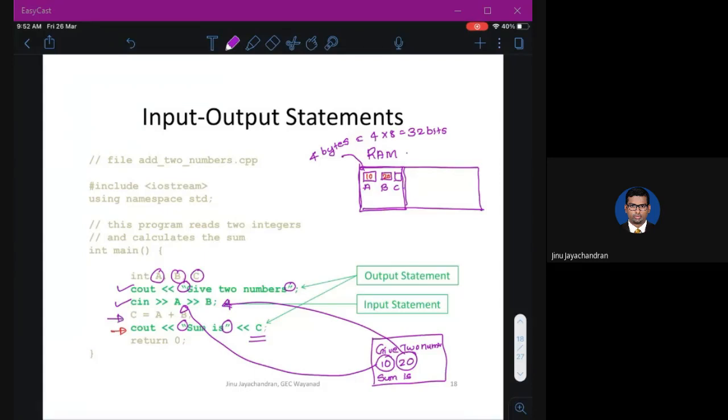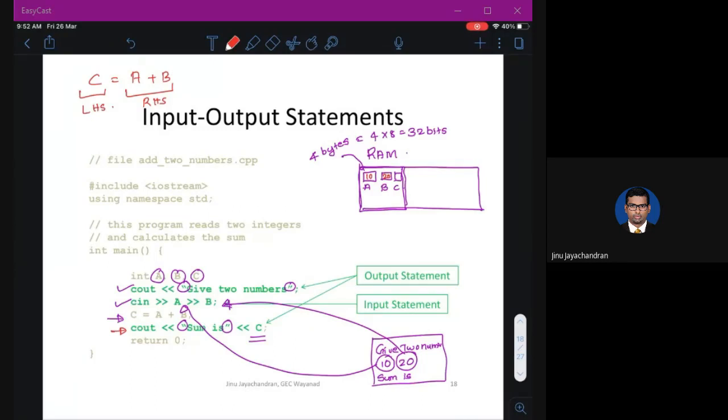You have a memory location called C, and it will first do whatever is on the right side. So in C is equal to A plus B, this is the right hand side and this is the left hand side.